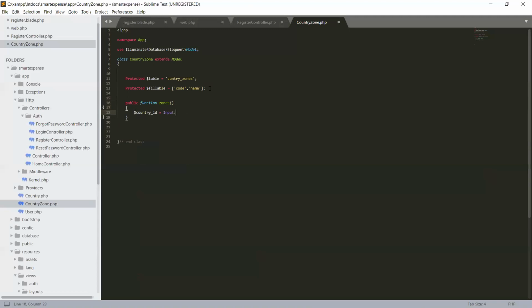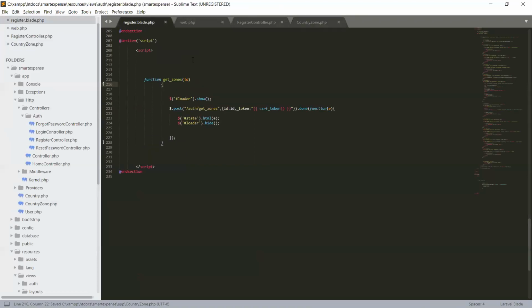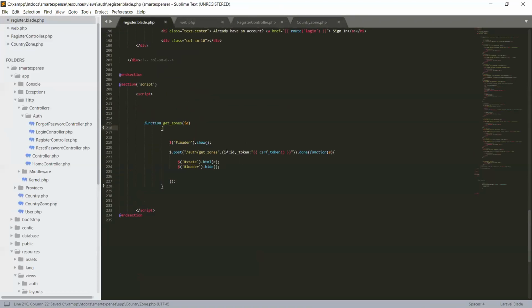by the Input facade, and here is the ID. This ID is in our form, where its name is ID, and this is a post request, an input request.